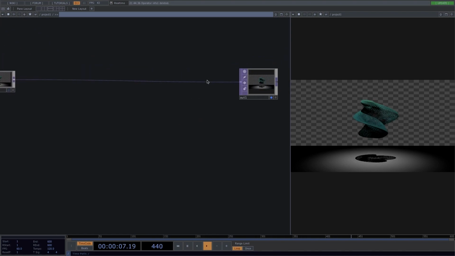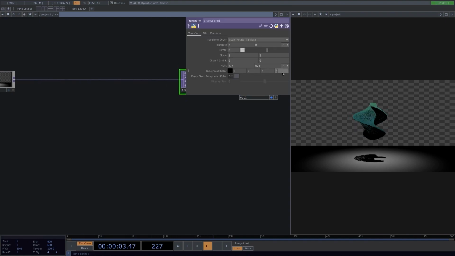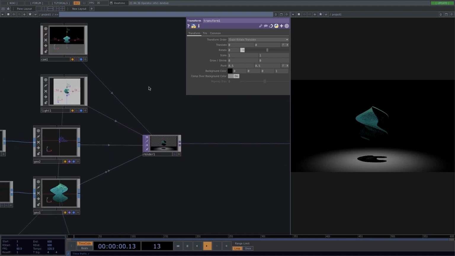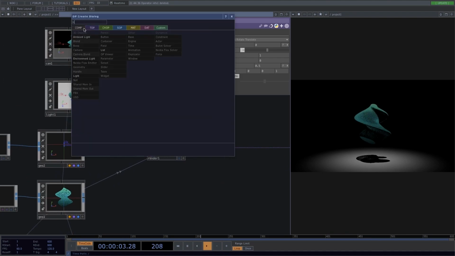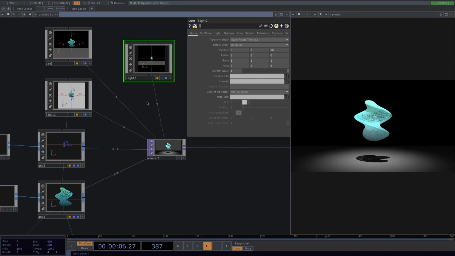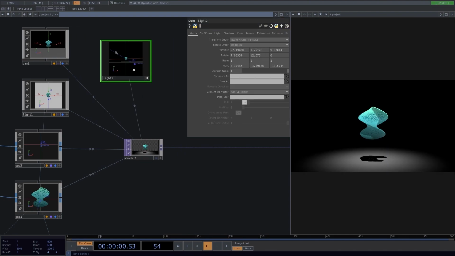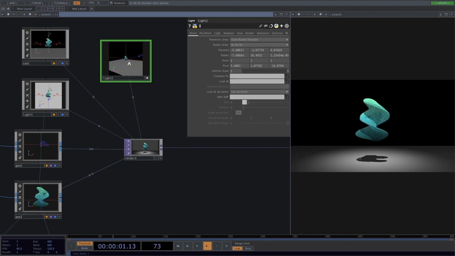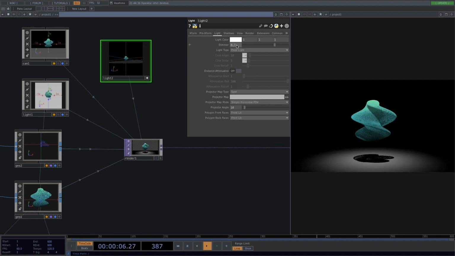Let's do some composites. The way I like to do this is by creating a transform right here before the out, and turn on back over background and set the alpha parameter to 1. Let's go ahead and put on another light, and let's move it around until it looks pleasant to you. I mean, there's no rule to this. Let's also put the dimmer to